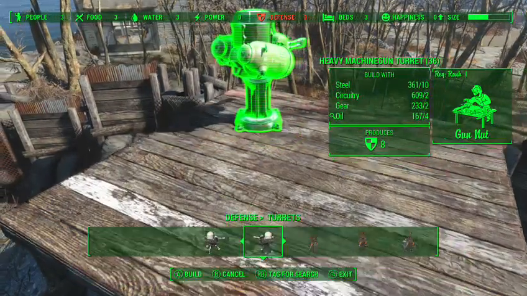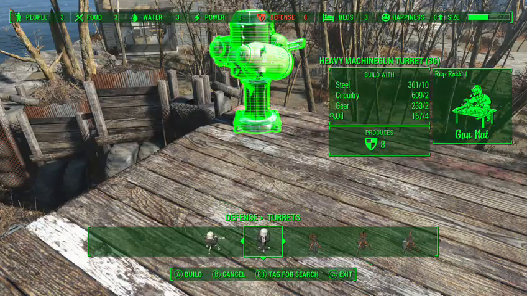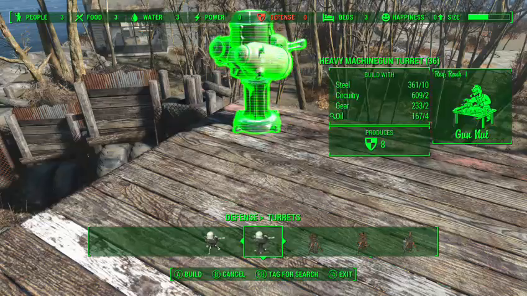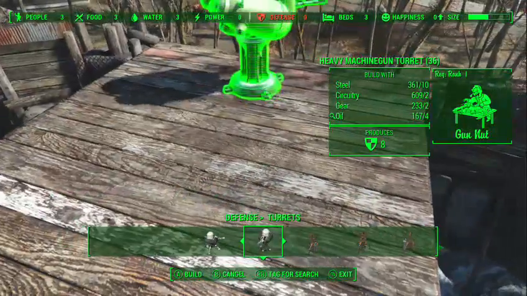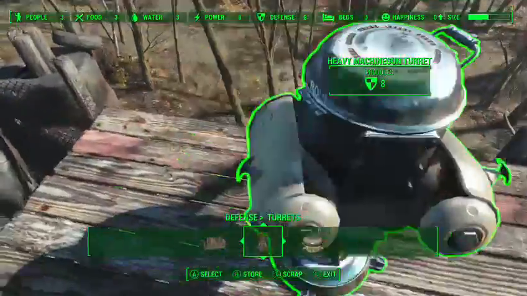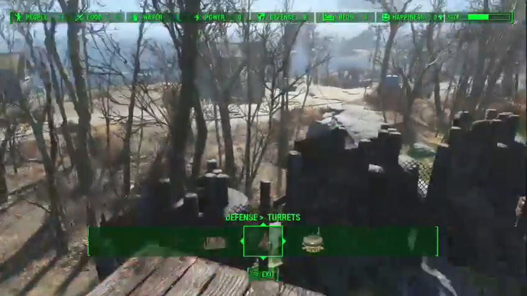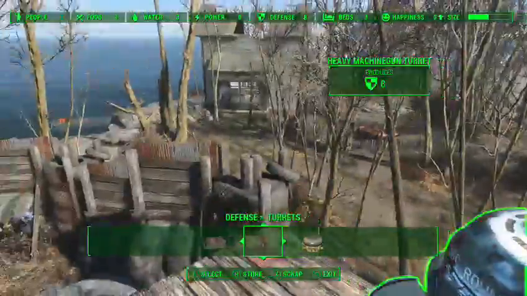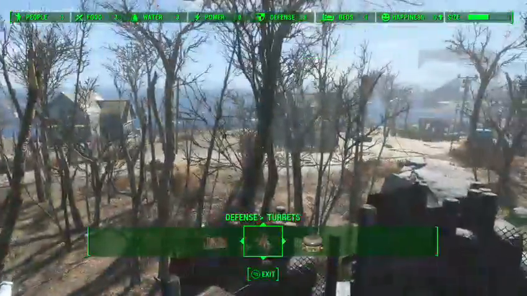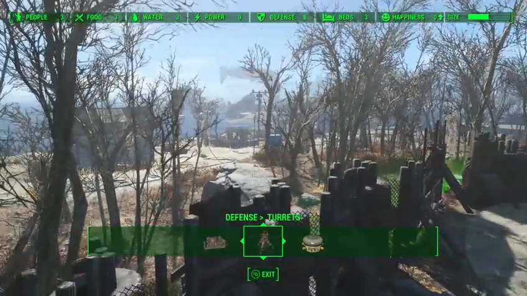So, for the sake of it, let's say you're not as high level as I am, but you at least have Gun Nut 1. Go ahead and find a good spot here. Place the turret. So, what I'll do, after I put it down, I'm going to look from right behind it and see what the fields of fire are. So anything coming from about here around to well over this direction,